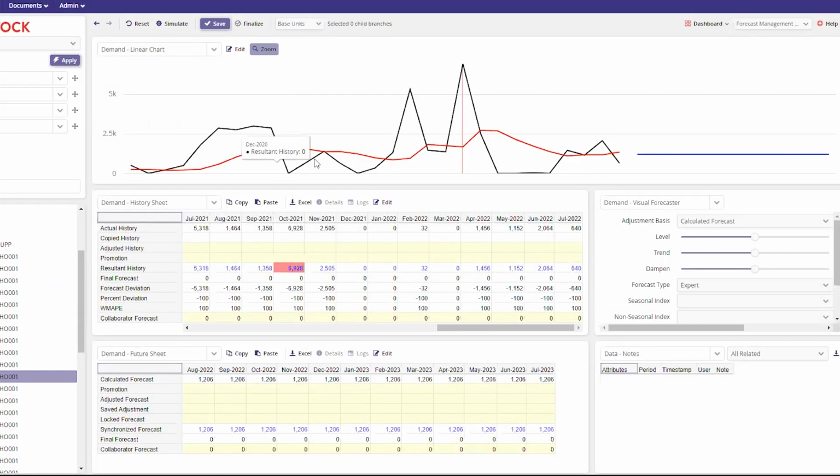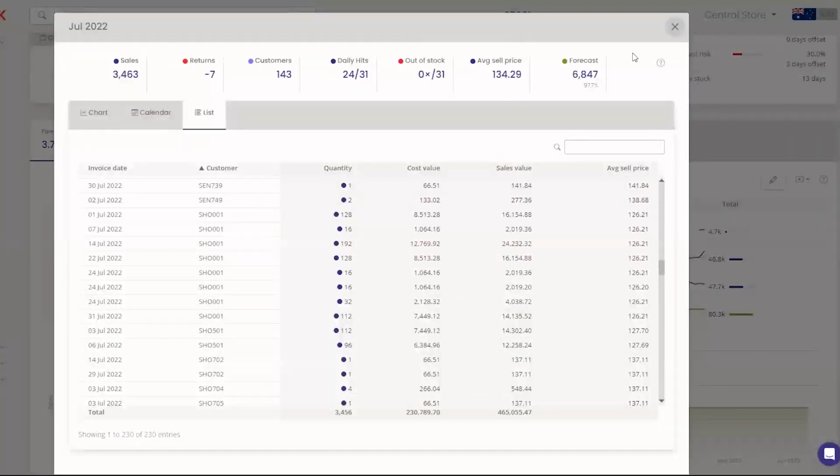So we can see here the sales history on the black line. We can see the historical forecast, the fitted forecast of what the computer generated forecast was. And then we have our future forecast, which has just come up with this flat line forecast here. But let me just show you how it correlates back to the main NetStock app.